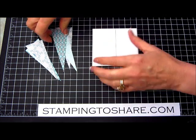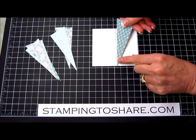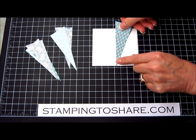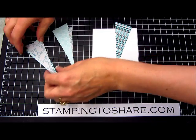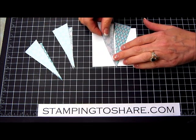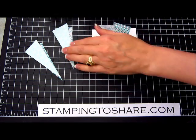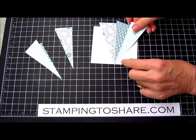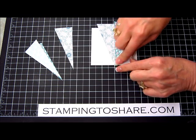And we're just going to go ahead and get started. So then the top of the right goes on the right side, and I just line it up next to that line. And then we have the top of the left on the left side, and again just line it up. And then we have our next paper to the right, and I'm keeping this very close to the point,